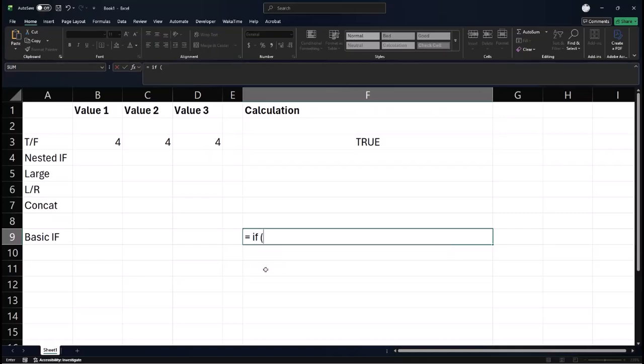So if, open parentheses, you're going to give it some kind of a condition. If this equals this, some cell references, whatever. That's the condition. I'm going to put a comma, and then I'm going to tell it here what to do if that ends up being true. So I'm just going to put text. This is true. Okay, just text. And then I'm going to put a comma, and I'm going to tell it what to do if that's